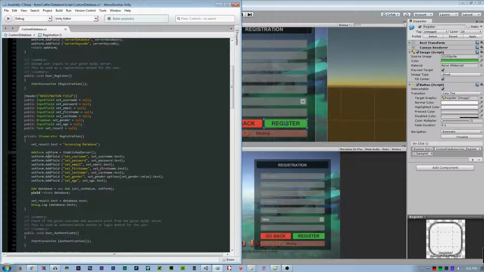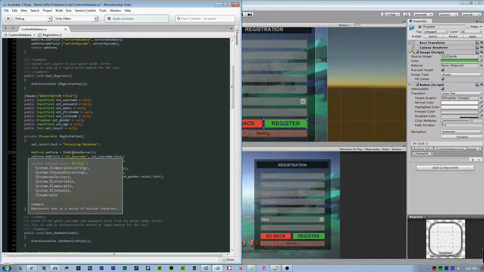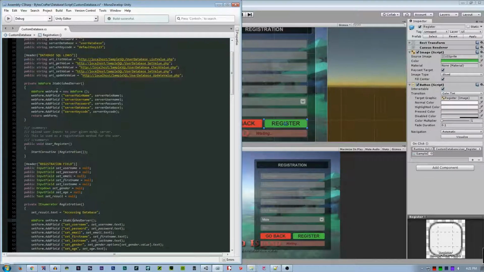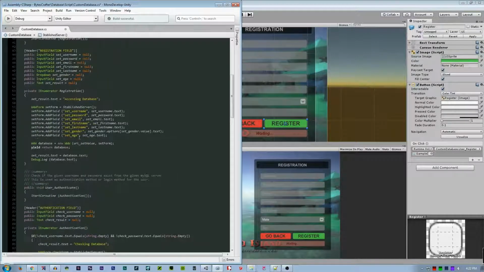So we declare a new WWWForm which will establish server, and we have a method called establish server. Return WWWForm with the add fields of the server name to server code, and then add fields to the set username, set password, email, first name.